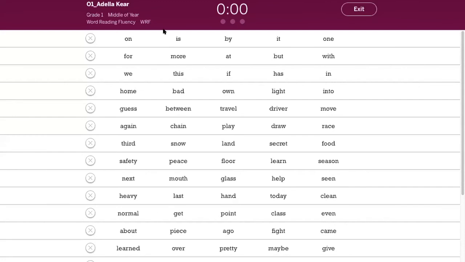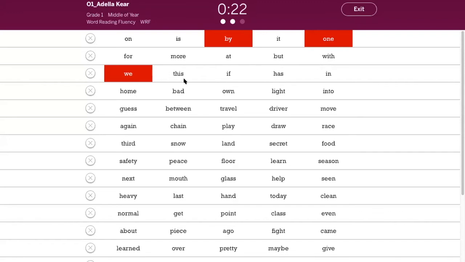On is be it on for more at but with way this of has in home bad on light